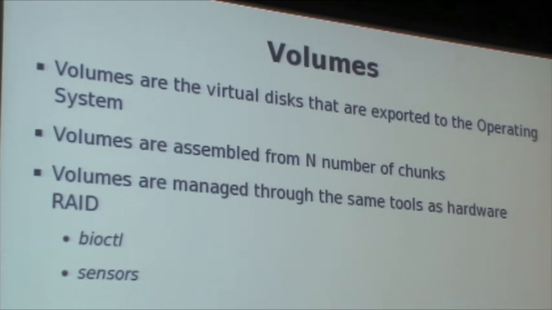You see basically the volume arriving, and all of a sudden you can start using it as a normal SCSI disk. So the volumes are assembled for n number of chunks. If you're doing some sort of RAID thing, if you're doing crypto, you only need one. So it really depends. And the volumes are managed through the same tools as hardware RAID. So that was an absolute requirement, right? We had to have that. That was one of the main reasons to embark on this